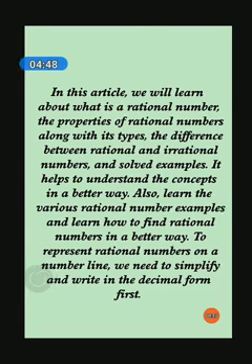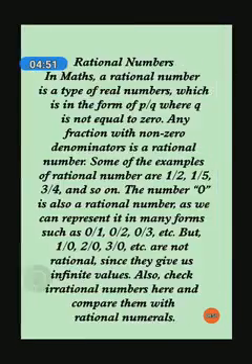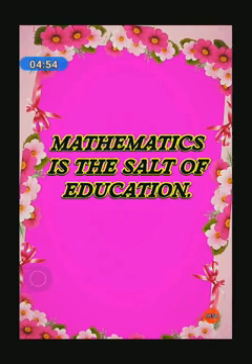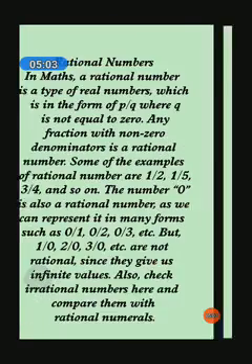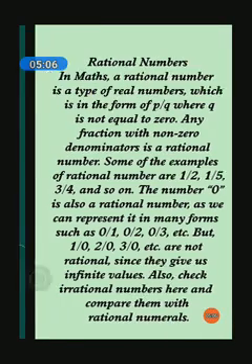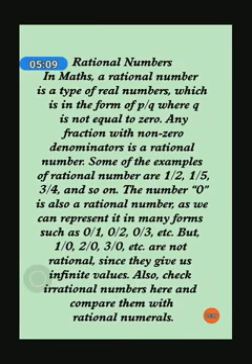Dear students, this was a basic definition and introduction of rational numbers. You came to know that these numbers are in the form of p by q, and these are fractional numbers. We also know that every fraction is not a rational number, but every rational number is a fraction. And in the p by q form, q is never equal to 0. p can be equal to 0.